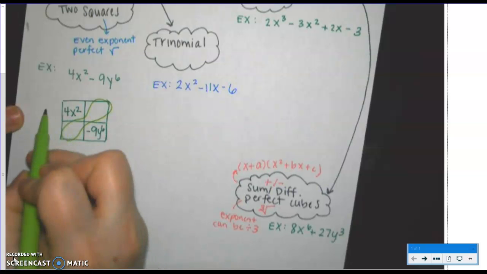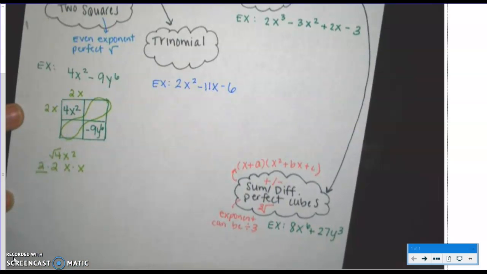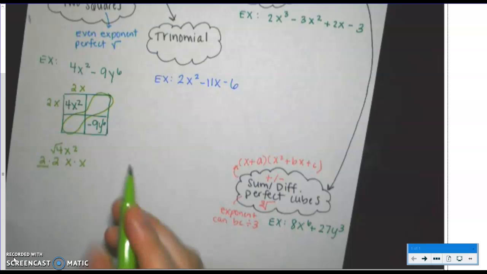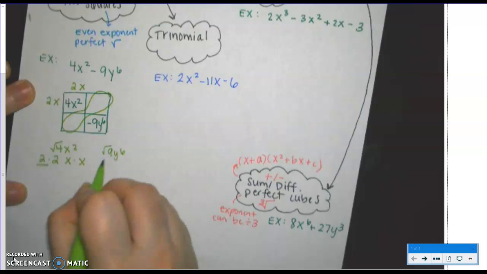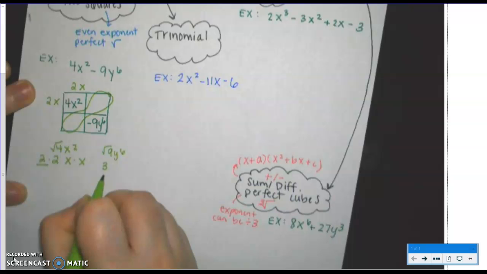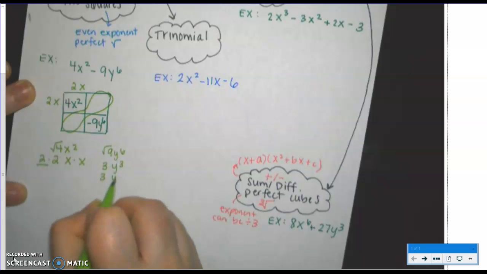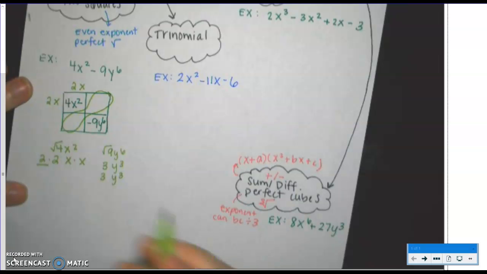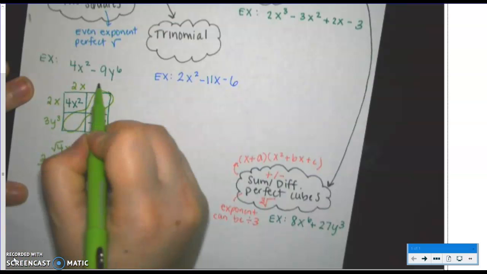So what that means is this is going to get broken down into 2x times 2x. That's the perfect square. I broke it down evenly so that the factors are exactly the same. All right, I'm going to do the same thing with the 9y to the 6th power. If I take the square root of that, the 9 becomes 3 times 3. And I just need to split that in half. And that's why the exponents have to be even, so that you can have the same exact thing for both parts. So this will be 3y cubed,